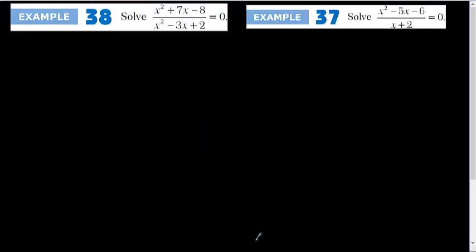Okay, now we have division form here. This division is not going to affect us, only we need to know if there are common roots. We need to eliminate that one, because we have two cases here. X squared minus 3x plus 2 cannot be equal to 0. If it is equal to 0, the function is undefined, and x squared plus 7x minus 8 must be equal to 0, because if a over b